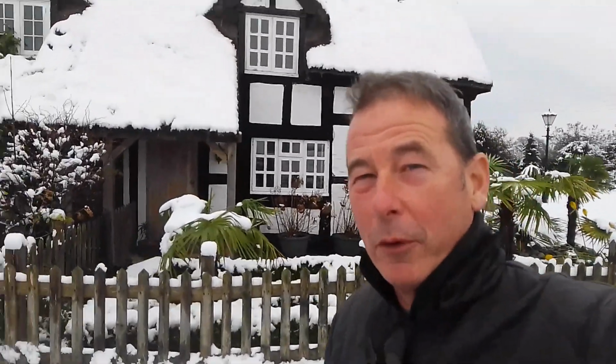Now, this is the first time in 3 years of living here that I've actually seen any snow here, so I wanted to get some images of it on camera for posterity. So please enjoy these images of my snowy garden and my cottage in Cheshire, and I'm going to turn the